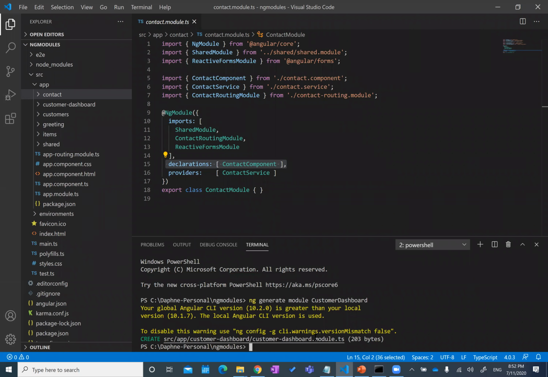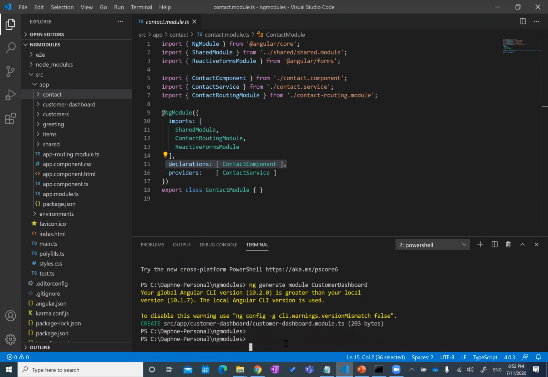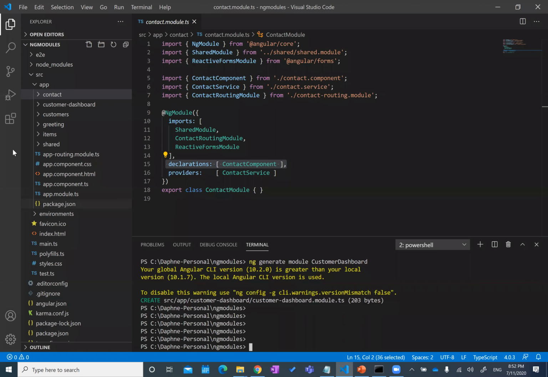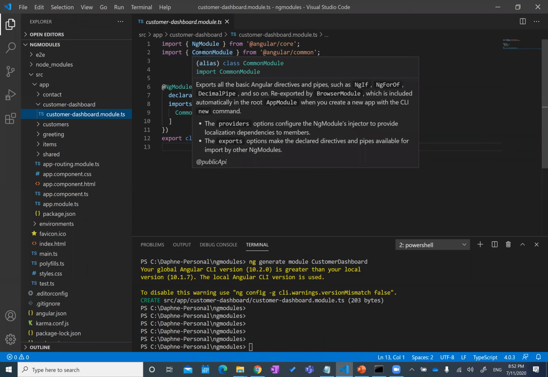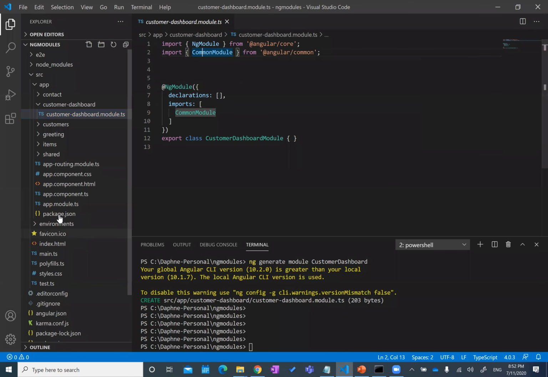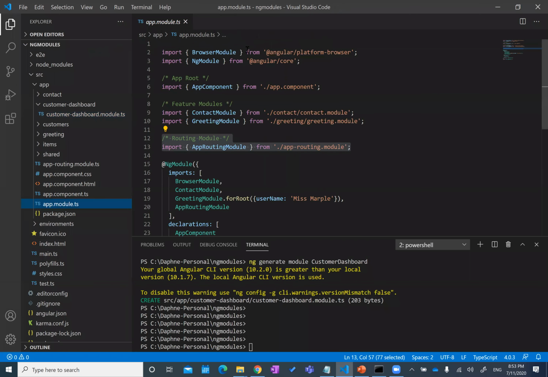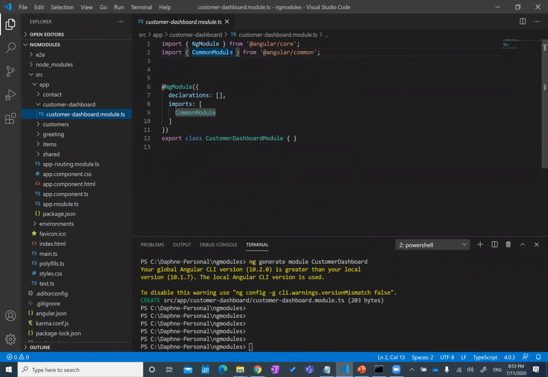So this is created. And you can see there's a folder here with the module here. The module will automatically have declarations empty for you, and imports the common module. I haven't talked about the common module, but